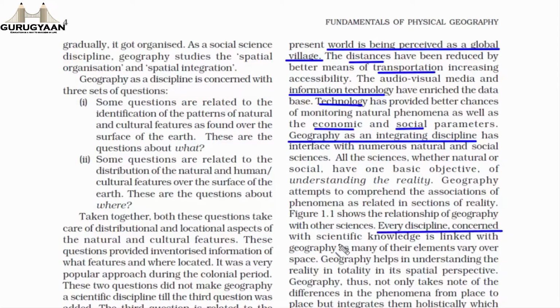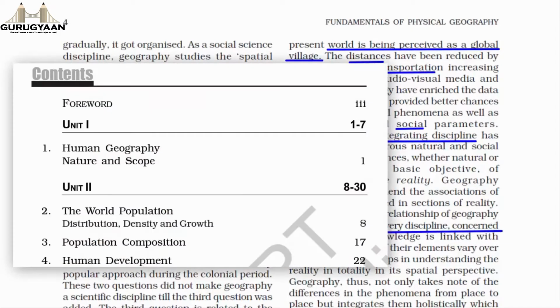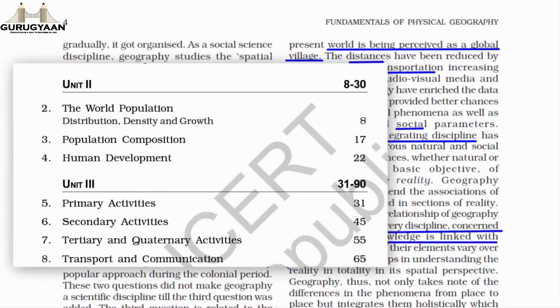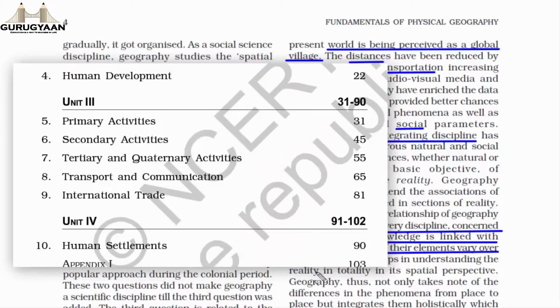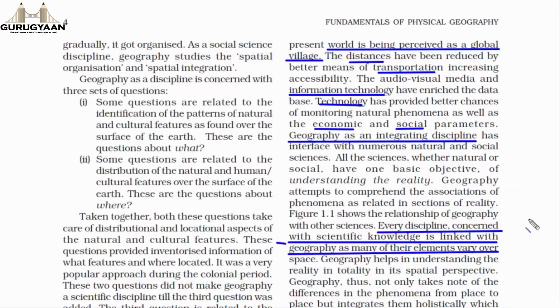So geography integrates with all these separate disciplines and helps us in understanding the world as if it was one single entity. And if you look at your geography textbook, we have chapters dedicated to every single topic that I just mentioned. And by having a fair knowledge about all these topics, it will be easier to integrate them and understand the Earth as a single entity, which is what geography is helping us in doing. I hope you're getting what I mean.